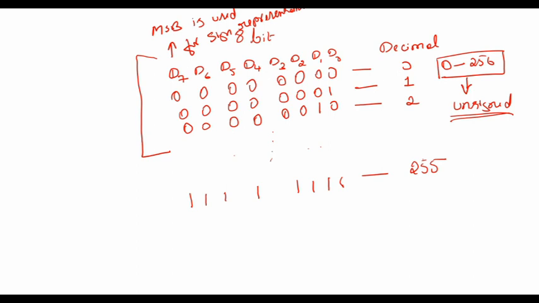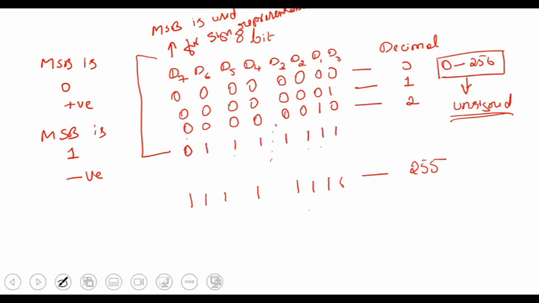It's used for the sign representation. That means if this MSB is 0, it is positive. If MSB is 1, then it is negative. That means you will get certain numbers, and finally after you get 0, 1, 1, 1, 1, 1, 1, 1, somewhere you get this will be 7F,